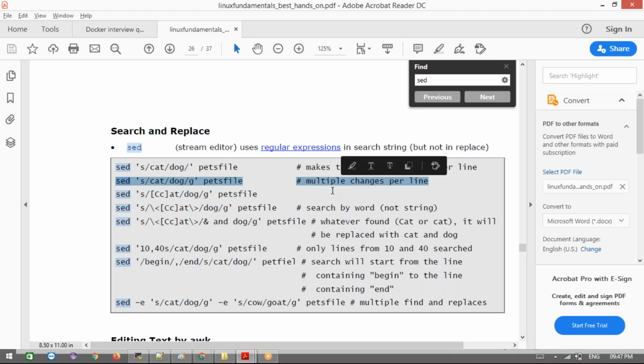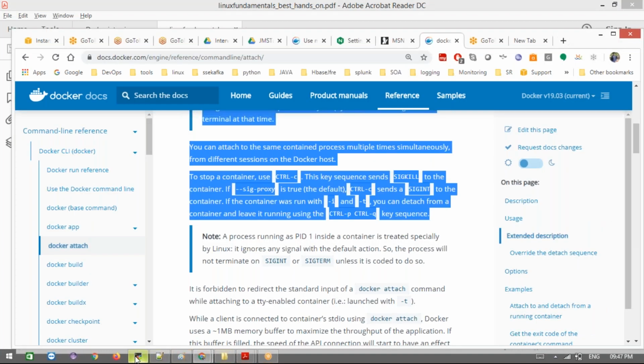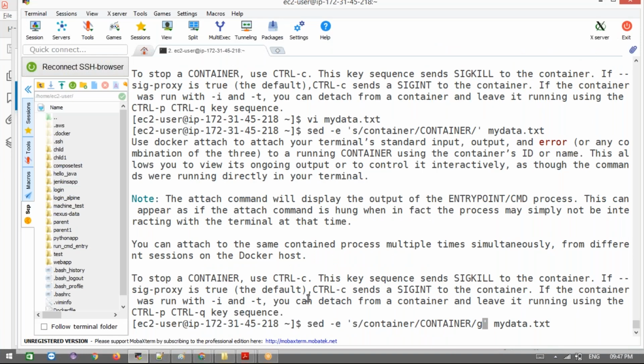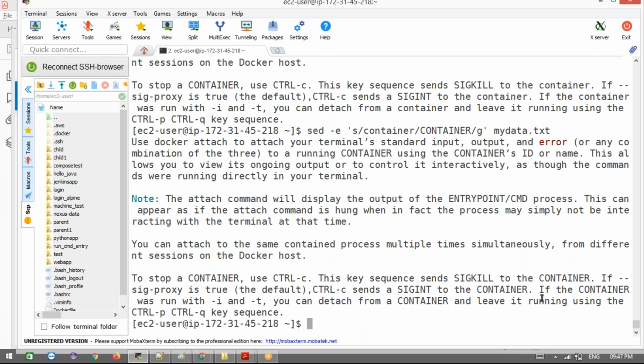Now these will be the changes for the line. Okay, now see here, multiple changes per line. If you have multiple changes, we can go for this. That's the reason we go for slash g. Multiple changes you want, we can keep this. See here, earlier we didn't see this, right? Now see here, wherever we have this, every place is going to be changed now. Multiple places, all places here. And open the file now.